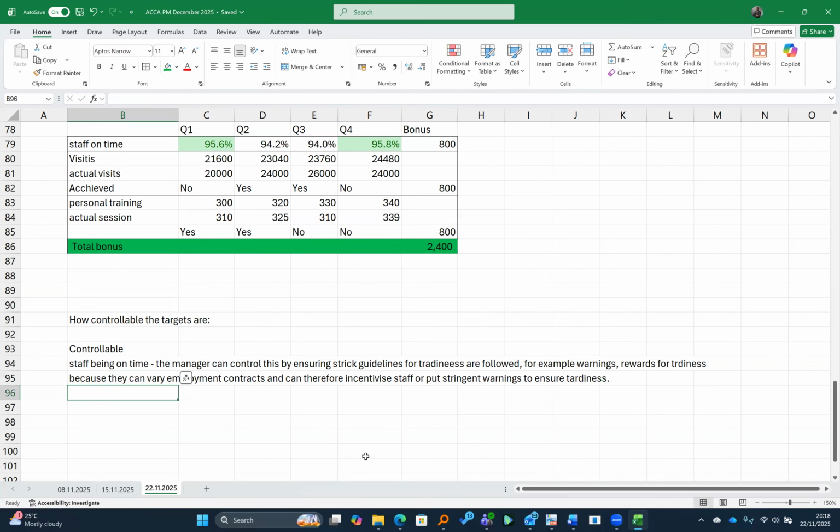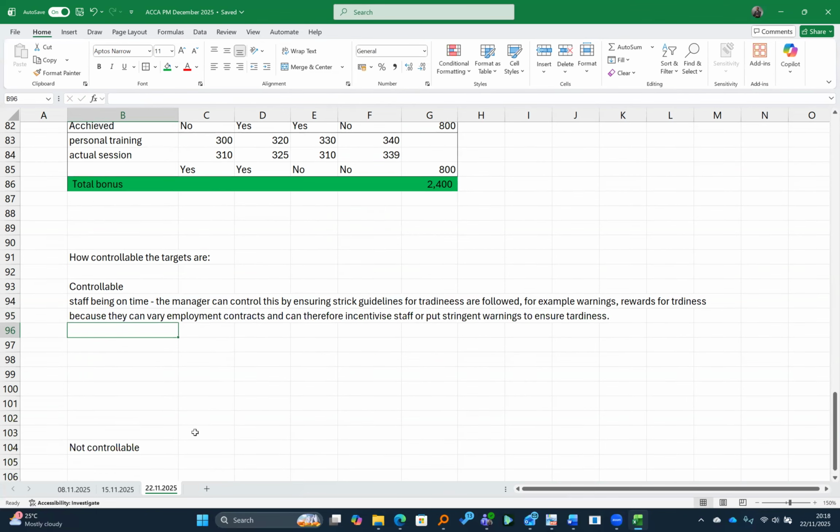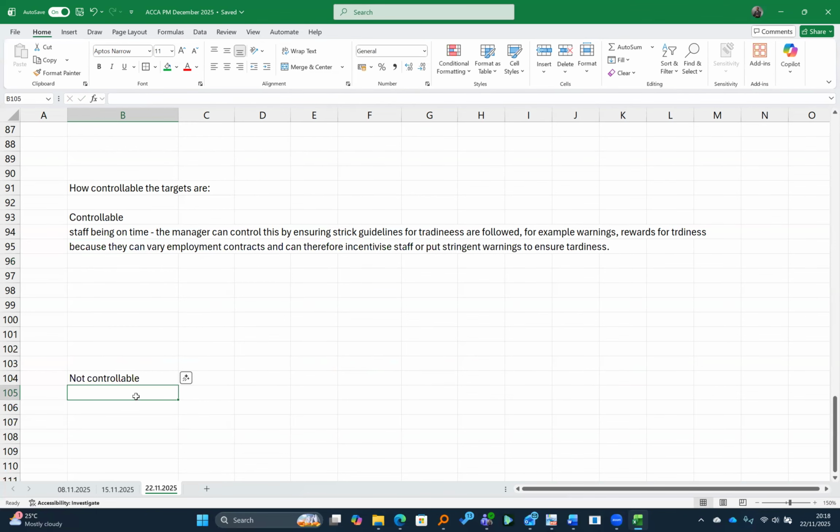So that is how controllable that is. But on the other hand, people may have other issues happening. So staff being on time may not be so controllable